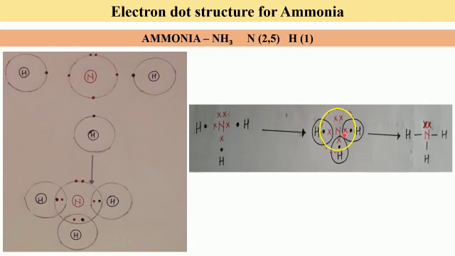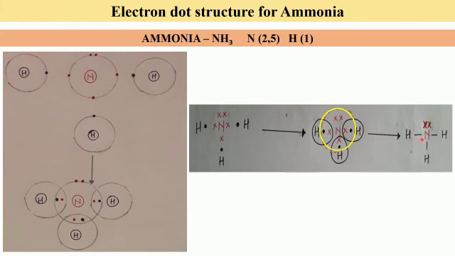Now we have to draw for nitrogen. So it will have in all 8 electrons, 1, 2, 3, 4, 5, 6, and 2 are still left with it, which it has not shared. So 8 electrons. So you will draw 1 circle in such a way that it encloses all the 8 electrons.